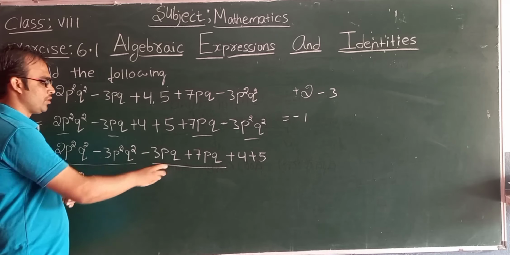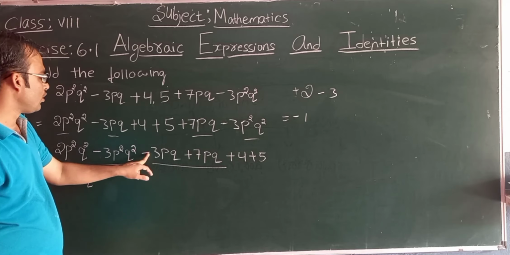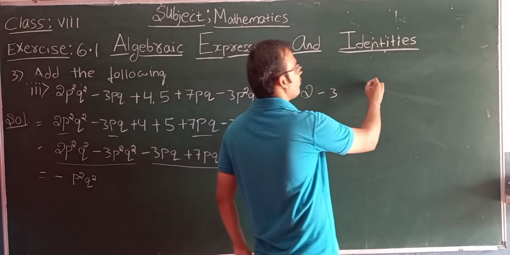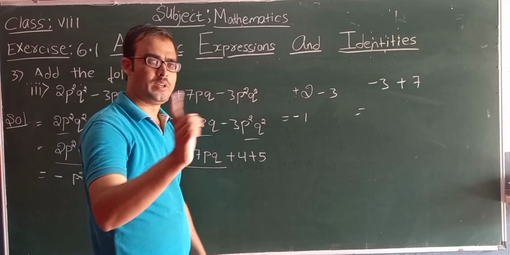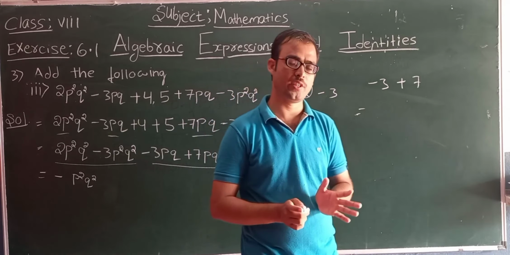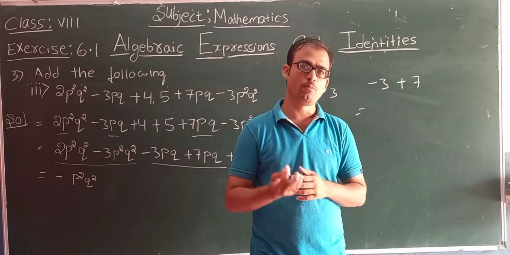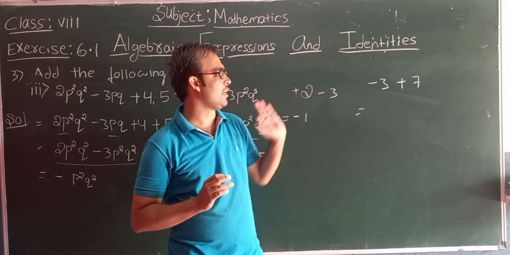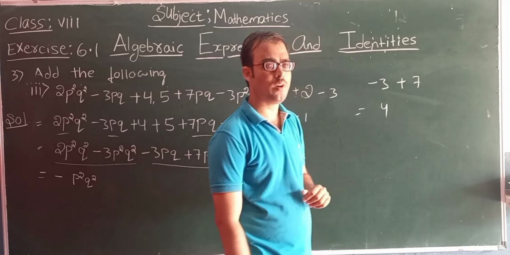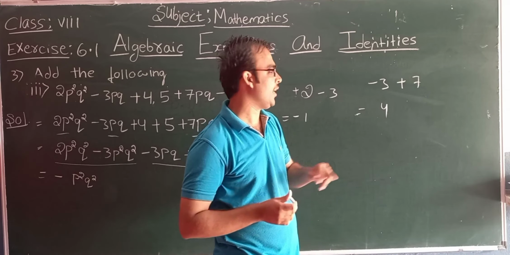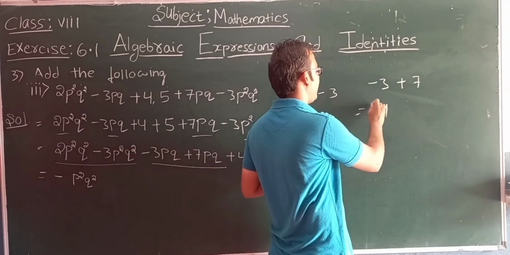Okay, now come to this. Forget about the variable part. So minus 3 plus 7. As I told you, when there are two different signs, what do you need to do? You need to do subtraction, in a normal way. That is, you subtract the smaller number from the bigger number. Here the smaller number is 3 and the bigger number is 7. So 7 minus 3 is what? 4. And which is the bigger number here? 7, no? So what is the sign in front of 7? Plus is there, no? So right here, plus 4.